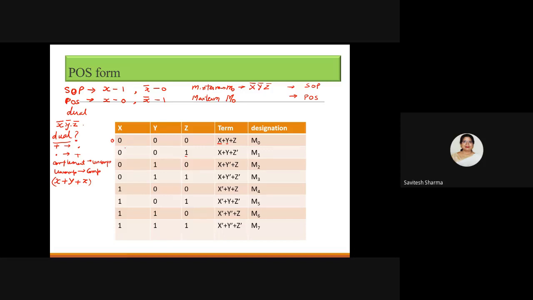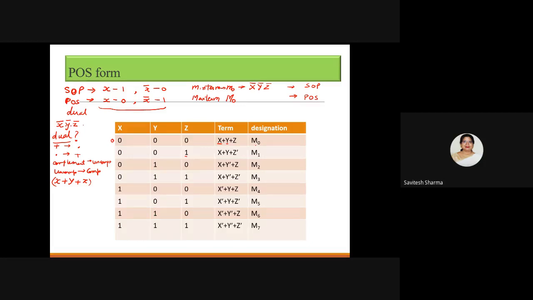There is a way, if you know the combination, you can use this and write the max term. This is one way. If you do not want to consider this, you can directly take the dual. If you know the min term, you can take the dual and you will again come to the same term. So both things are there, so you can use either one.